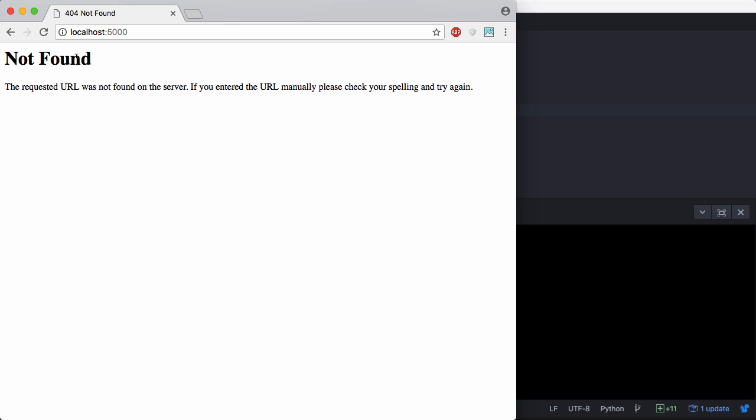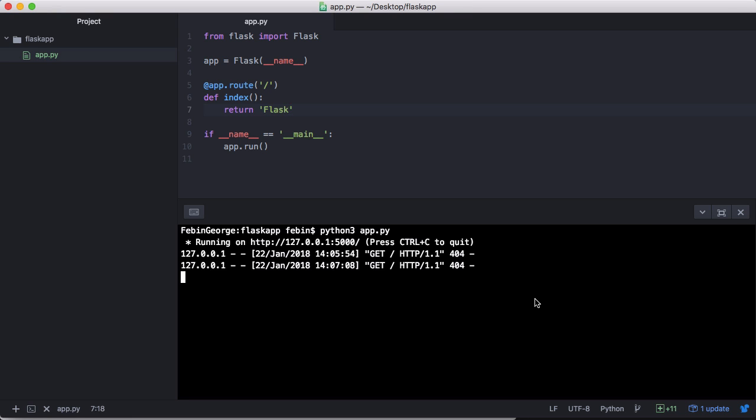Now as you can see, it still doesn't work, and that's because our server is being run. So we need to stop the server by pressing Ctrl+C and then restart the server. Now this process could be a bit tedious. Every time you make a change, you will have to stop your server and then start it again for that